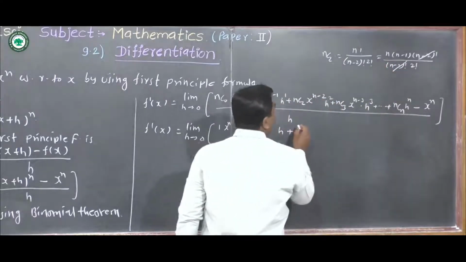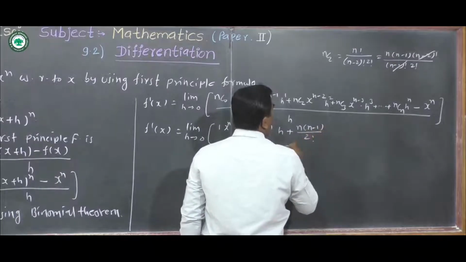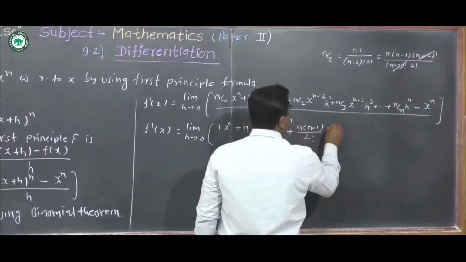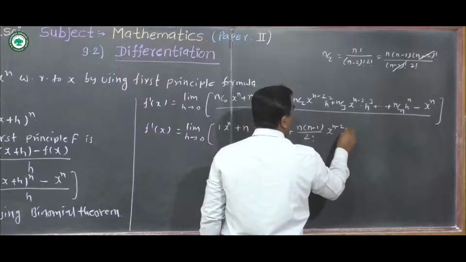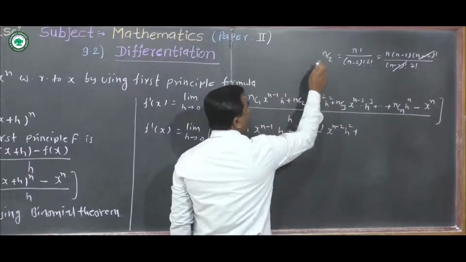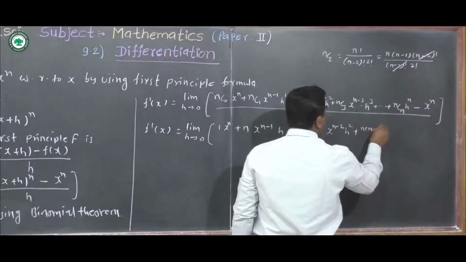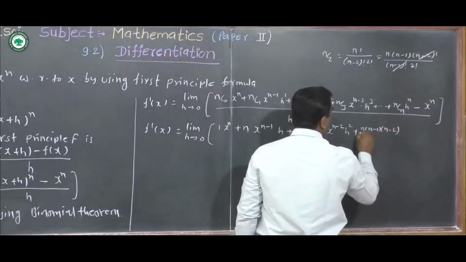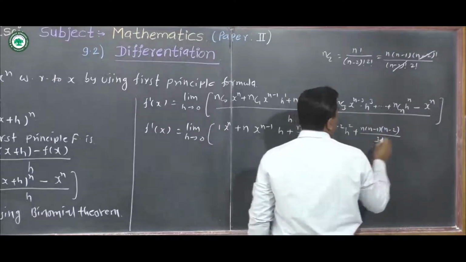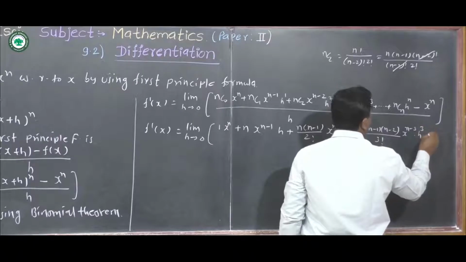Okay, that is n into (n minus 1) upon 2 factorial into x raised to n minus 2 into h raised to 2, plus similarly we can write the value of nC3 by using the formula for combination: n into (n minus 1) into (n minus 2) upon 3 factorial into x raised to n minus 3 into h raised to 3